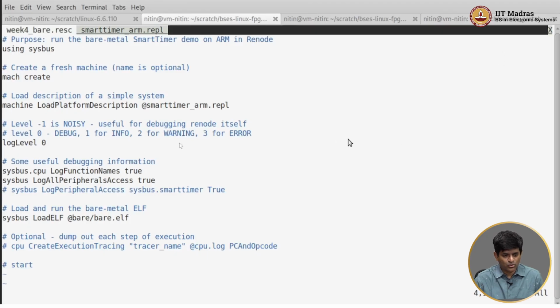So now that we have seen what the platform description looked like in the smart timer.REPL, we are now going to set up the rest of the system. I can specify a logging level, which is useful for giving me additional debugging information if I need it. I'm also going to put in a couple of helpers over here. One of them says that when I'm running on the CPU, any function name that gets executed according to my code should get logged. Now this is interesting because finally what I'm going to be running on that CPU is